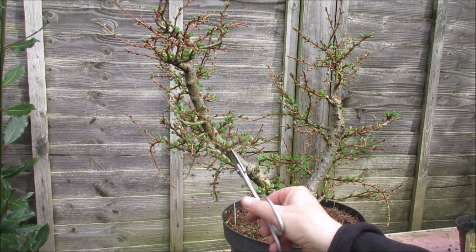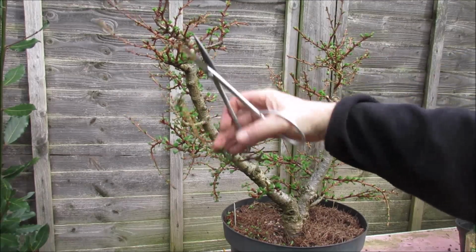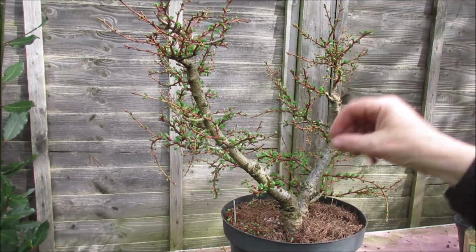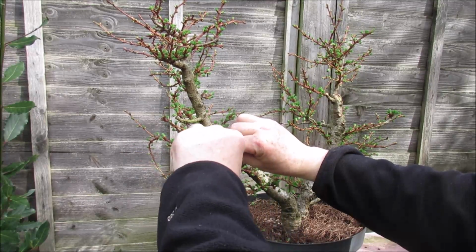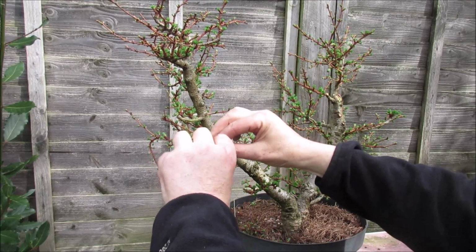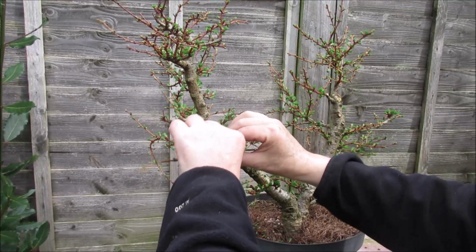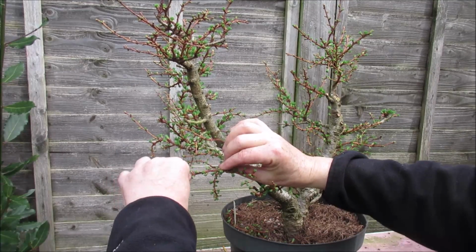This piece is going back in towards the trunk. I need a piece of wire on that. I've got a piece to hand. Bear with me. Okay, so I started putting the piece of wire on this particular branch, making sure I don't catch any of the needles. Okay, and then that can come out as a side branch for me,